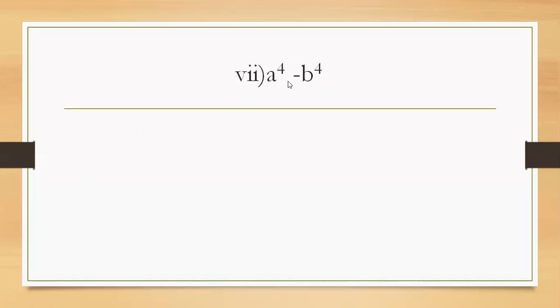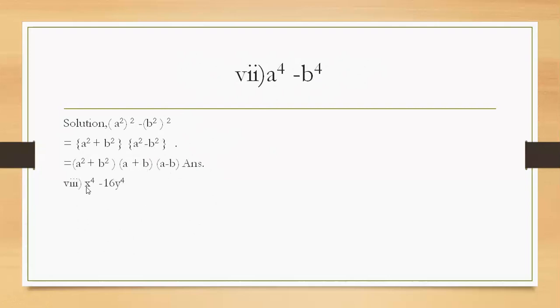Okay, so now look here how to factor this, a to the power 4 minus b to the power 4, that I am going to show here. A power 4 means a square whole square, then b square again whole square. A means a square, b means b square, a plus b, a square minus b square. Then this side same, this again we can open with the formula a plus b into a minus b. Here x power 4 means x square whole square, 16y power 4 means 4y square again whole square. This is x square plus 4y square, x square minus 4y square.